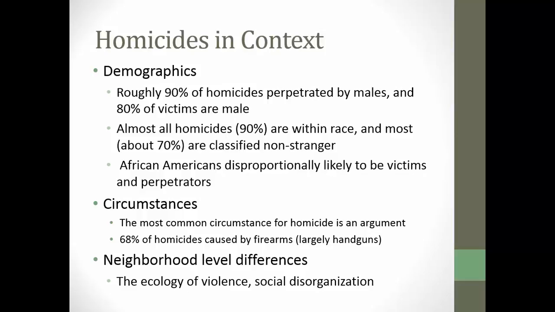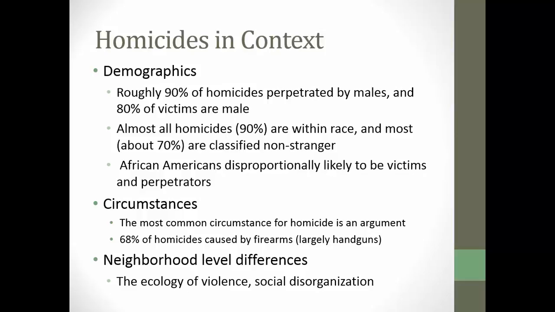As we talked about in social disorganization theory and other areas, African Americans are disproportionately likely to show up both as victims and perpetrators. The actual numbers vary year to year, and I hate to do it off the top of my head, but I think it's something like 40% or more, maybe 50% of homicides are perpetrated by African Americans. And if you think about the representation of the country, I think it's 13 to 15% of Americans are African American.